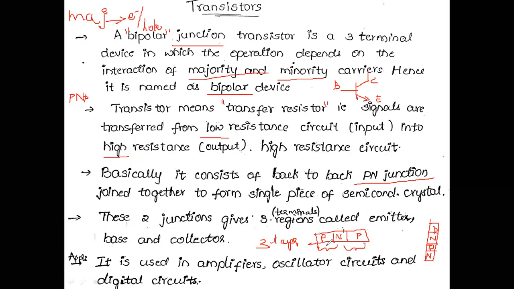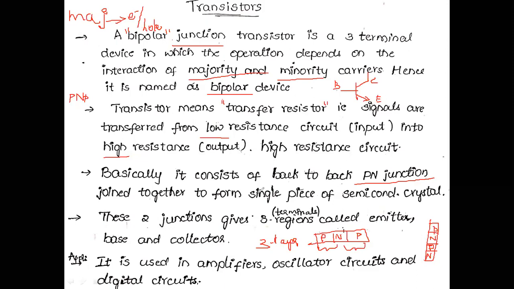These two junctions give three regions called emitter, base and collector. Okay, we are going to draw these three terminals from these three layers. From these three layers we can treat the three layers as emitter, base and collector. Emitter, base and collector. Okay,